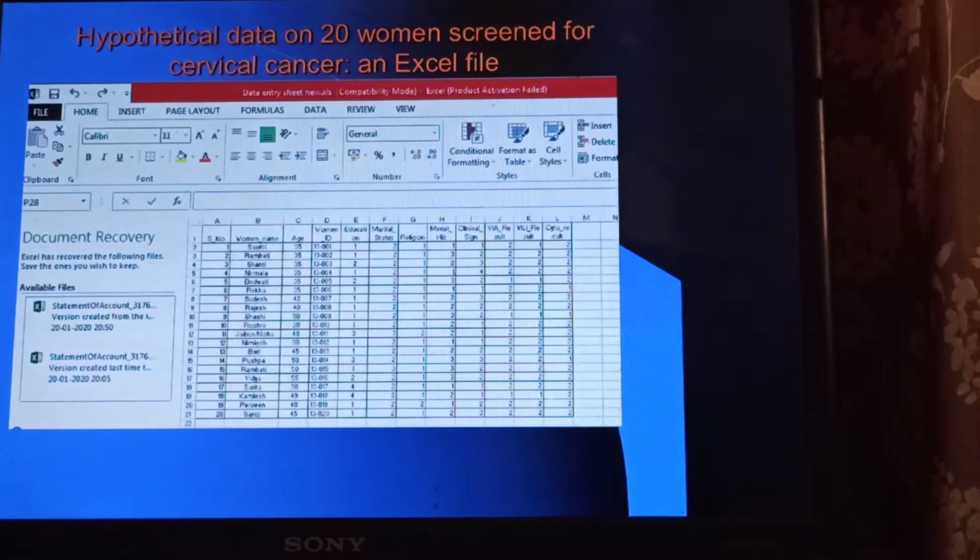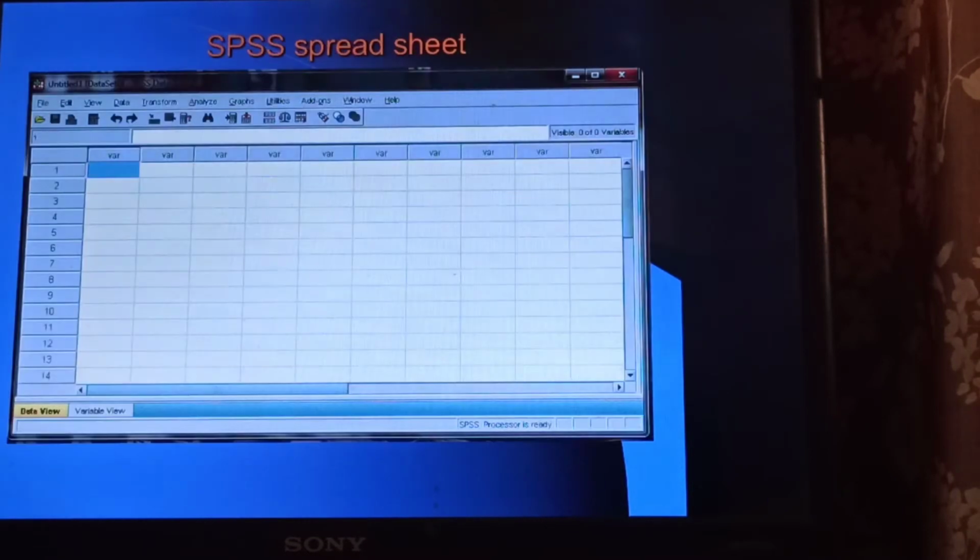Now the hypothetical data Excel spreadsheet looks like this. So this we saw in the earlier video also. 20 patients, and the first row is variable names, and then each patient's data in one row, as explained earlier. Now we start the SPSS package.